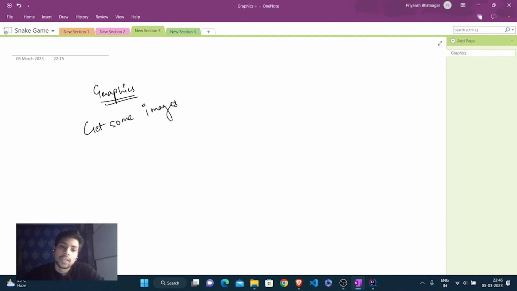What I need to draw. I need to prepare some resources, what I need to draw at the particular location, right? We have already initialized the position of snake and apple, but what we have to do now is draw the images at those positions. So first of all, we need to prepare the resources. We need to get some images and load these images